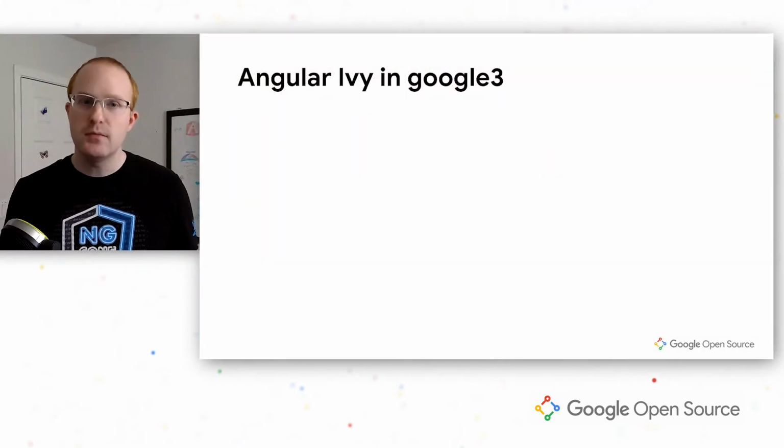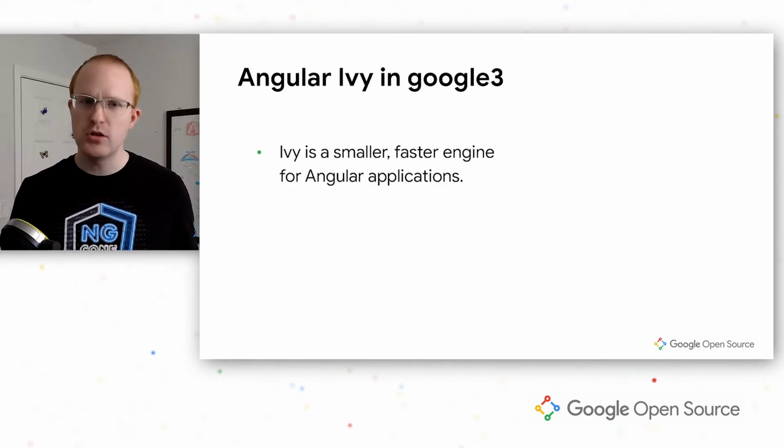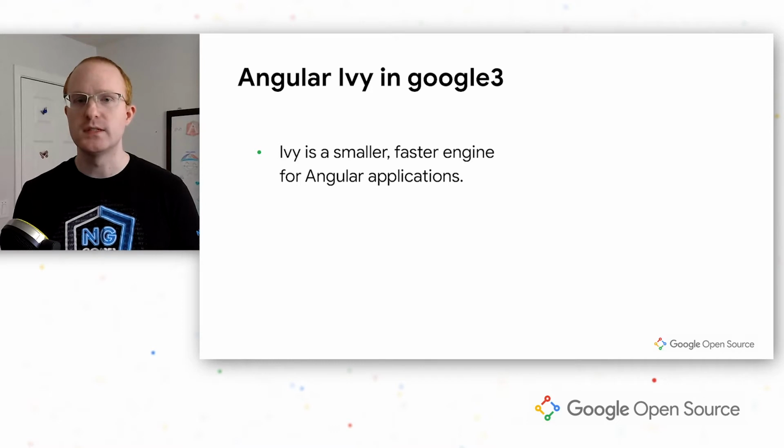But today I'm here to talk to you about a Google 3 migration. Google 3 is the monorepo which stores most of Google's internal source code. It's a massive Bazel workspace with millions of lines of code, and we want to upgrade it to Angular Ivy. Ivy itself is a new version of our rendering engine recently released by the Angular team. The specifics of it aren't too important for this talk, but it's smaller, faster, and just generally better than our old system. It also makes puppies and kittens happy, so we're really pushing applications to use it.